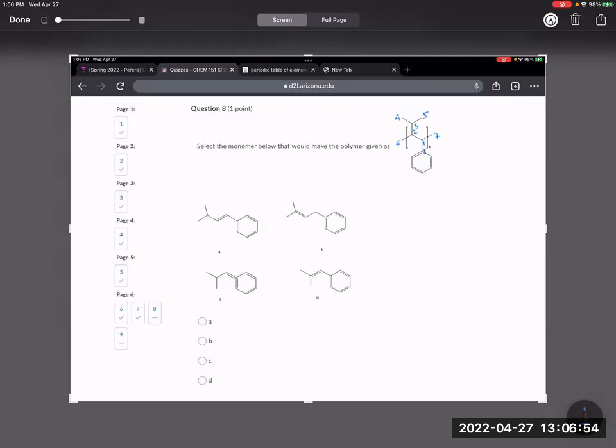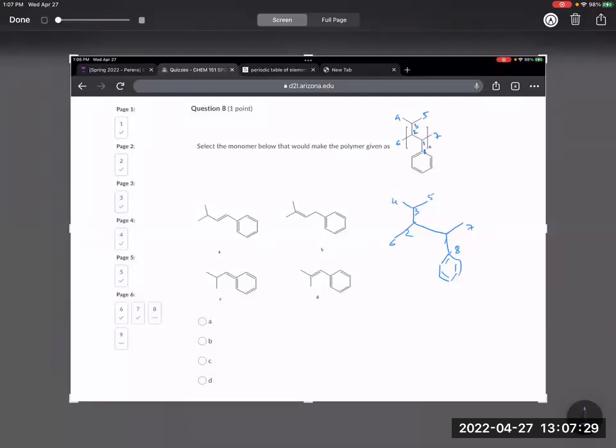Okay, so let's draw it out. Here's 1 and 2. Here's 7, here's 8 with this one over here, and then to carbon 2 you have 6 attached, and also 3 attached, and then 5 and 4, right? So 4, 5, 3, 6. Okay, so we have 1, 2, 3, 4, 5, 6, and then in the monomer, what's going to happen is,